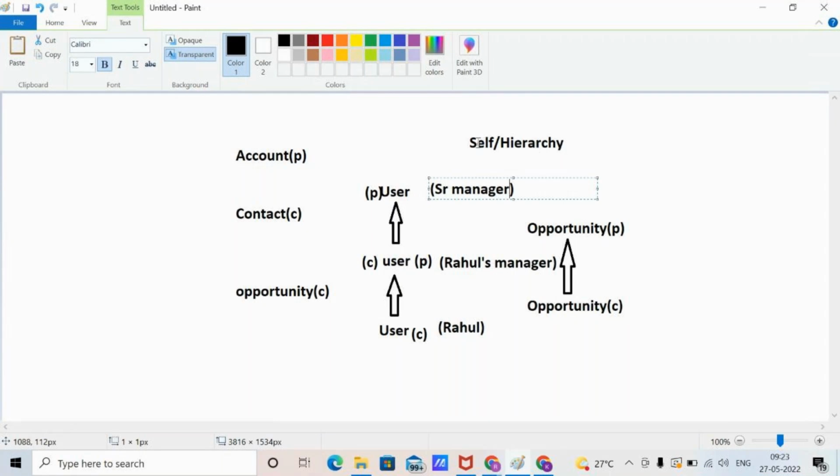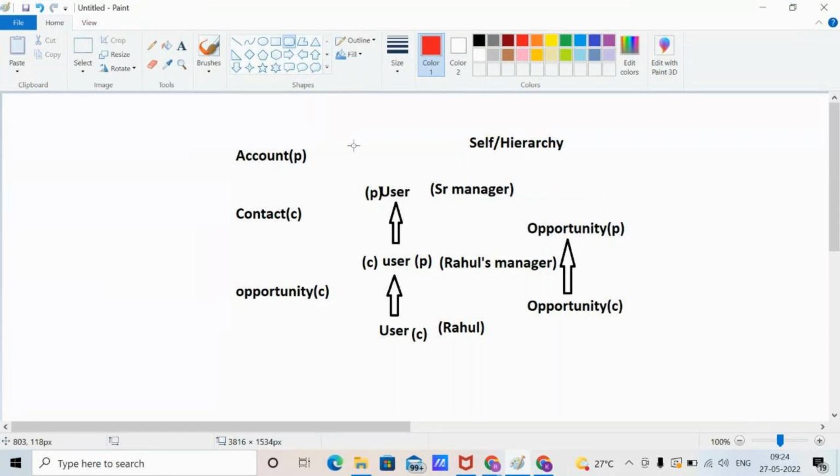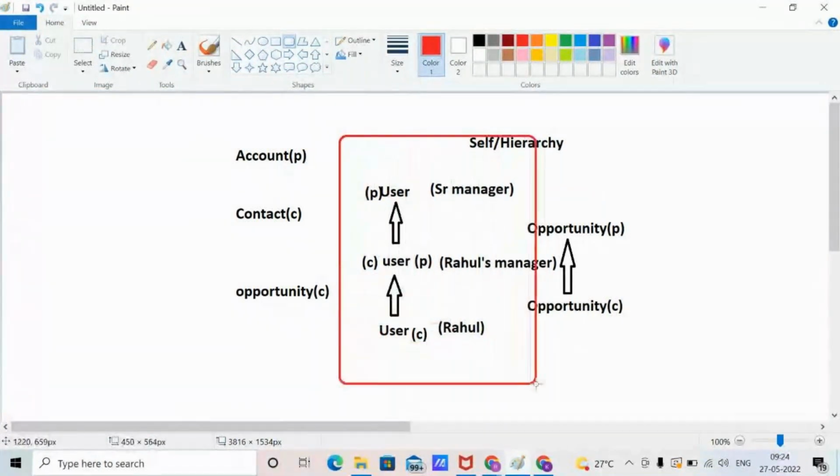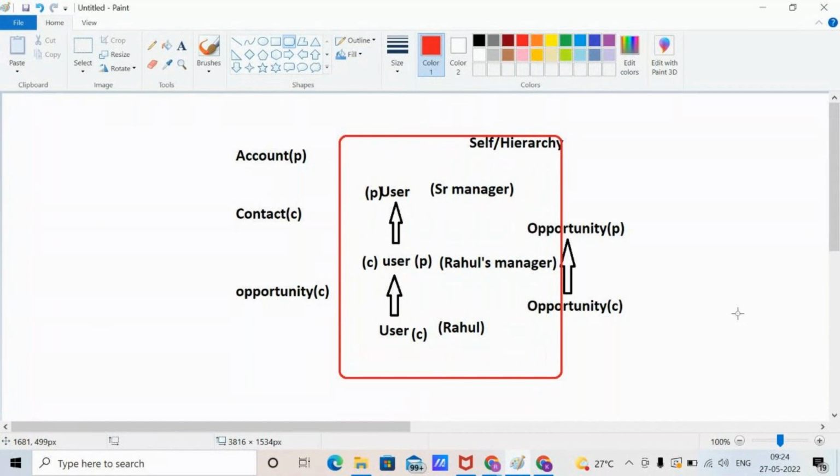So why it is known as self, why it is known as hierarchy, this is a great example. हालांकि ये रिलेशनशिप मैंने अपने करियर में मुश्किल से 1 से 2 बार यूज किया है, बिकॉज ये आपको यूज में नहीं आते, बट दिस इज द फॉर्मेट ऑफ सेल्फ एंड हायरार्की। आई होप इट इज क्लियर टू एवरीवन। और ये लुकअप ही है, ऐसा नहीं कि इसके लिए कोई अलग से ऑप्शन है, जैसे हमारे पास लुकअप एंड मास्टर डिटेल का ऑप्शन आ रहा था। इसके लिए आपका रिलेशनशिप लुकअप ही बनेगा, बस आप ऑब्जेक्ट में चाइल्ड ऑब्जेक्ट और पेरेंट ऑब्जेक्ट सेम दोगे, दैट्स इट।